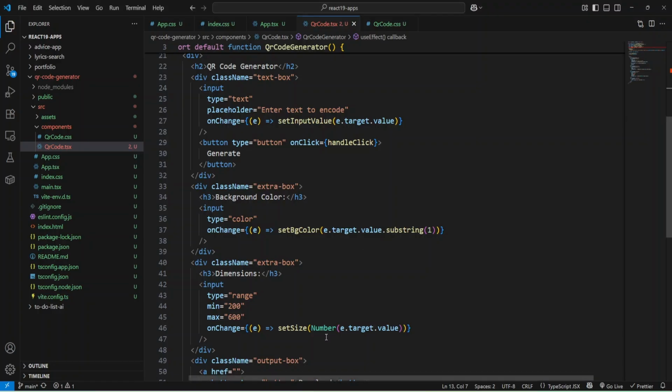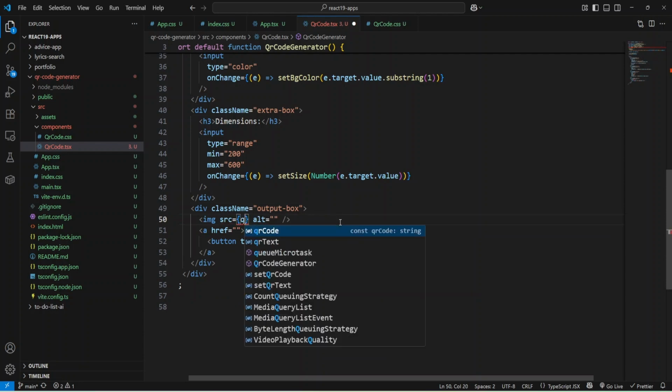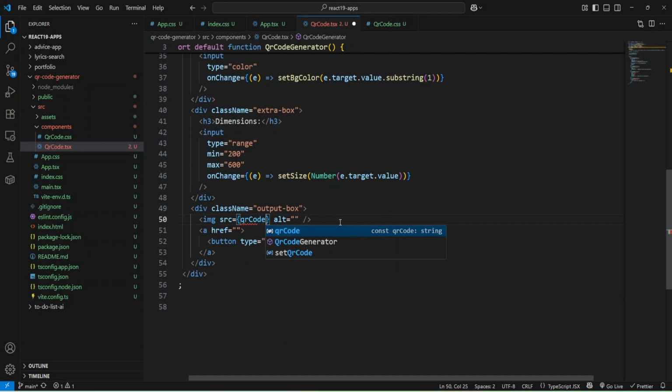Okay, and let's try to add our image to our code, and for that I'm going to add image, and provide a source to our QR code, and some height would be QR code.